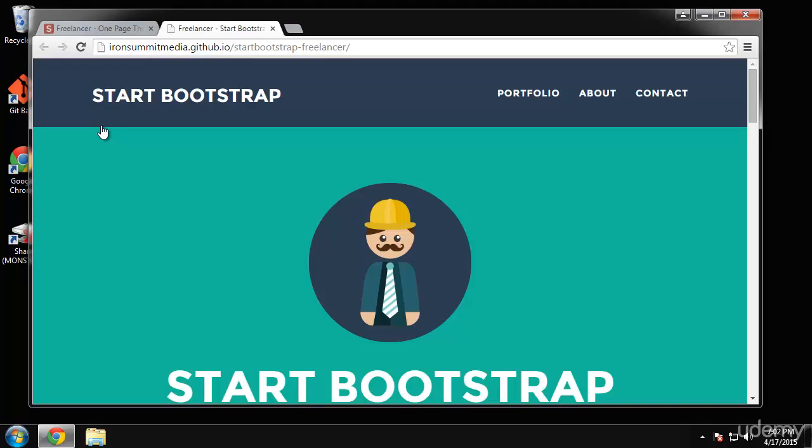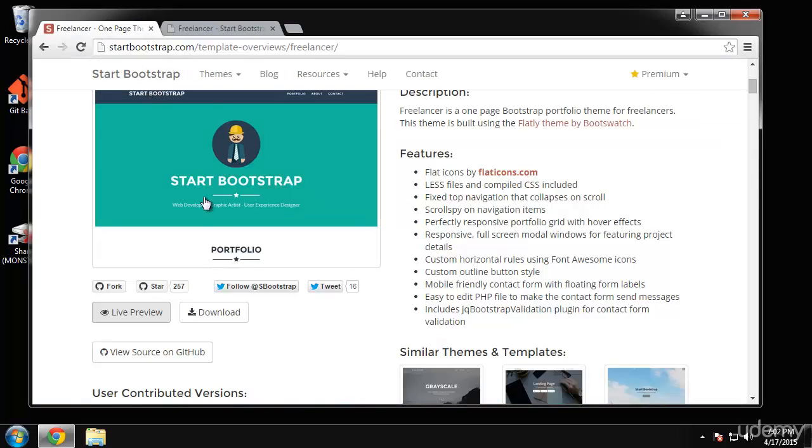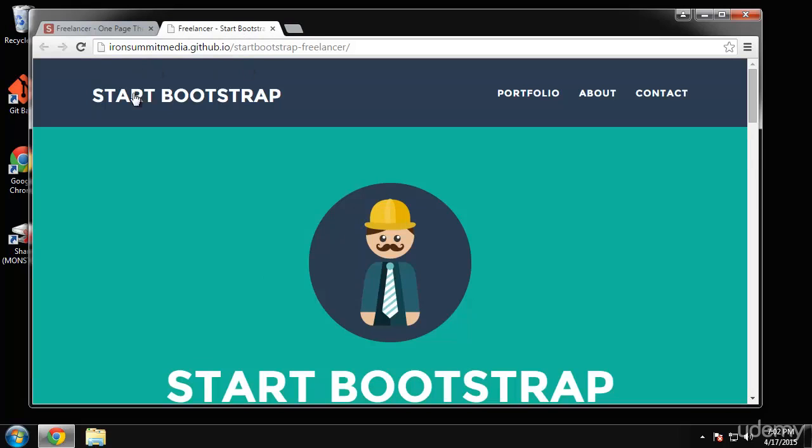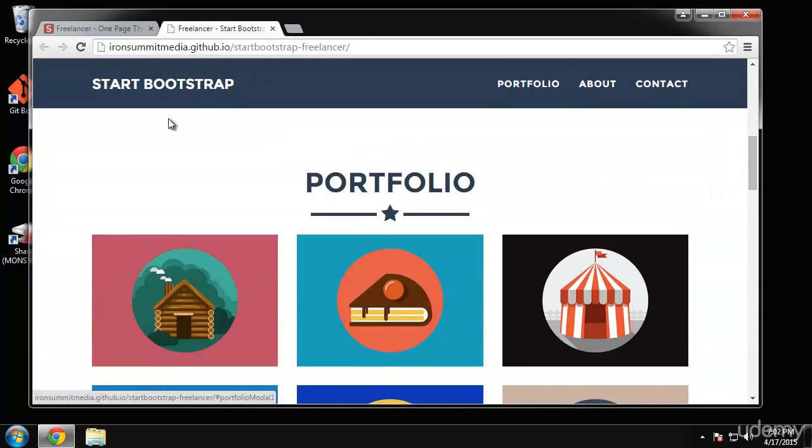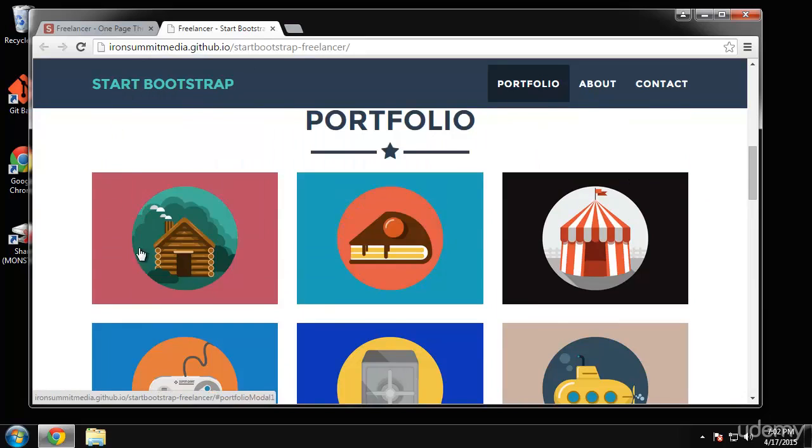Alright guys, so in this project we're going to do something a little different. We're going to build a portfolio component, and we're going to use this free template from Start Bootstrap. It's basically a starter template for a portfolio. You can see it's got a big showcase area, but what we're really going to focus on is the portfolio